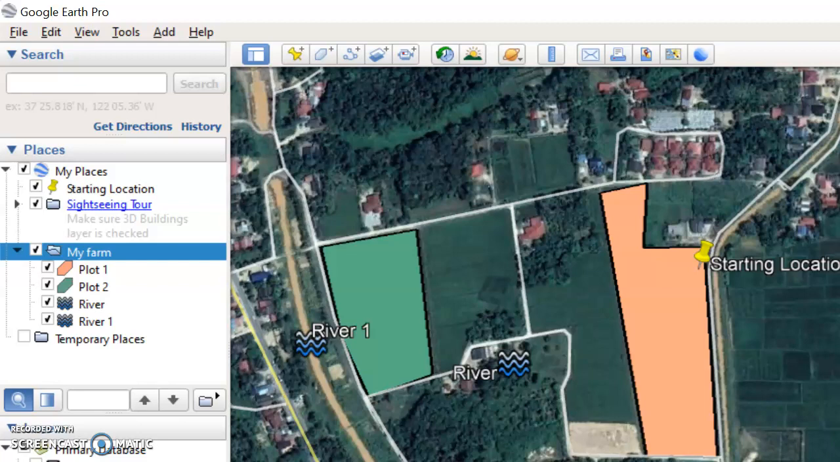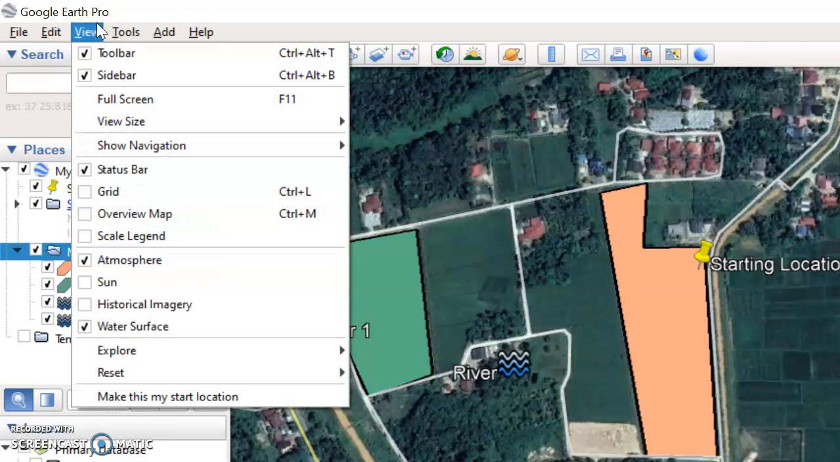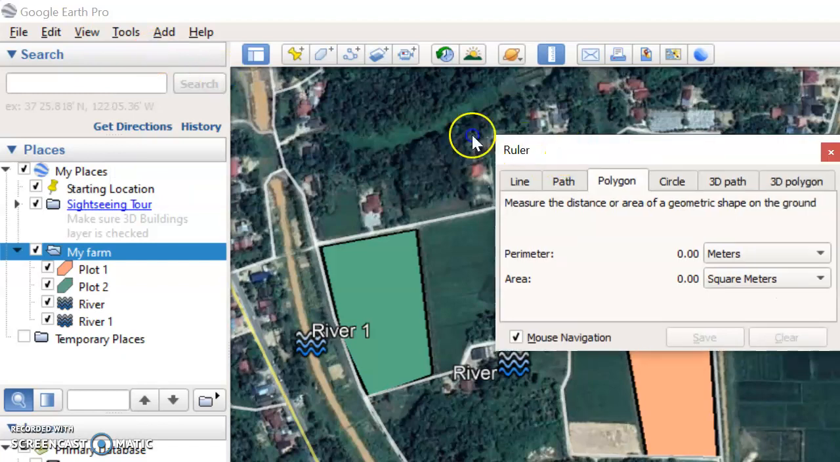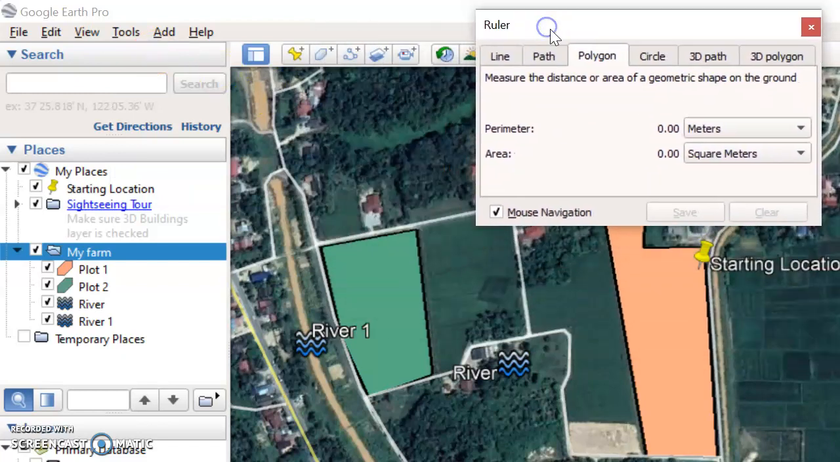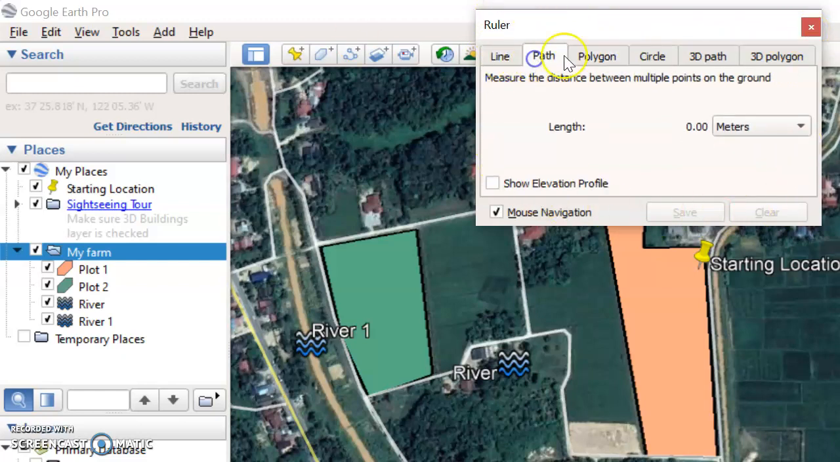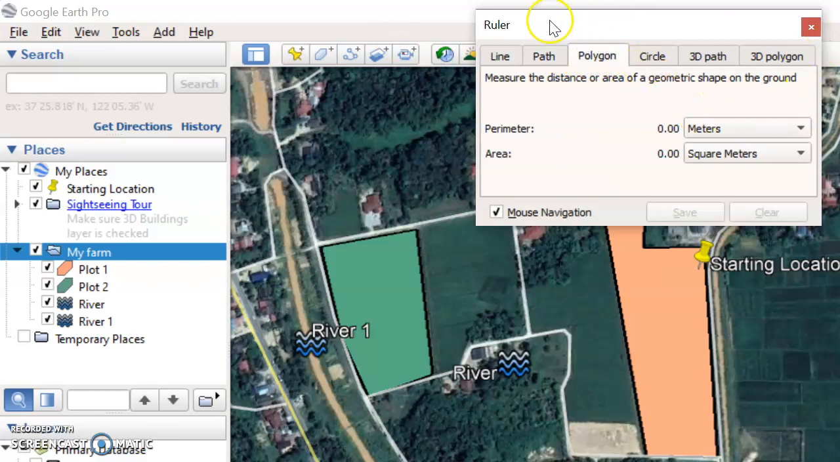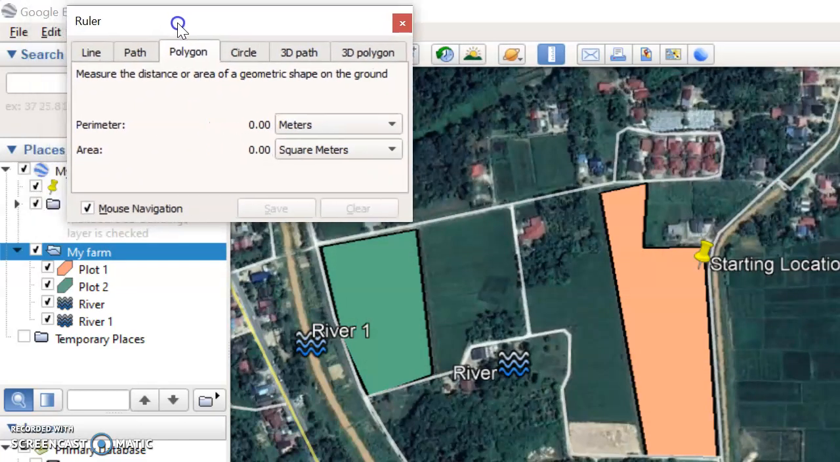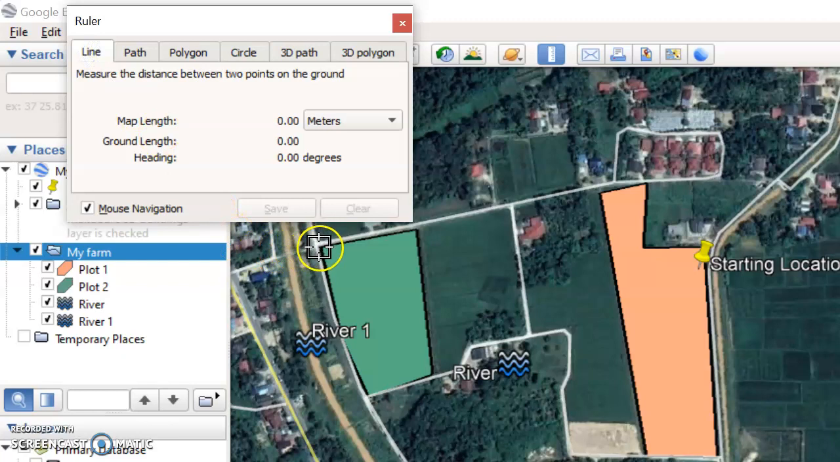So first of all, if you see in the menu here, in tools we have the ruler. When you click on the ruler, you will have a pop-up menu that has line, path, polygon. So how can we actually measure the area that we want to see? For example, in our point of interest, if you want to know the distance between this point and this point,